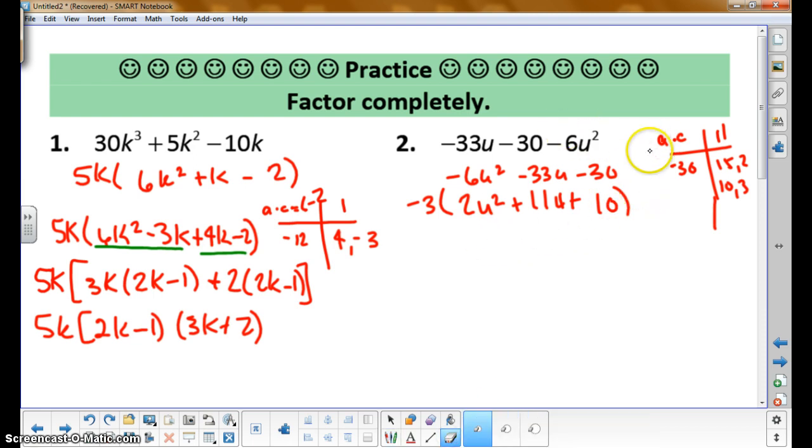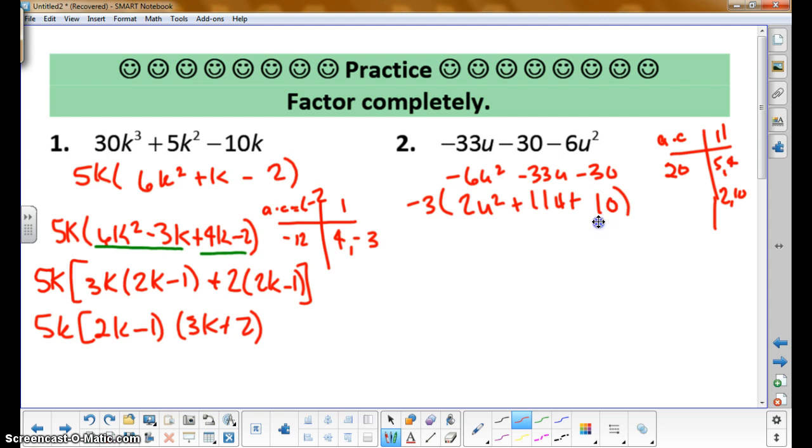So A times C is now a +20. So two factors of 20 that add up to 11. And that's correct, I'm just going back and rechecking. So I'm thinking 5 and 4. I'm thinking 2 and 10. And therefore I am thinking that